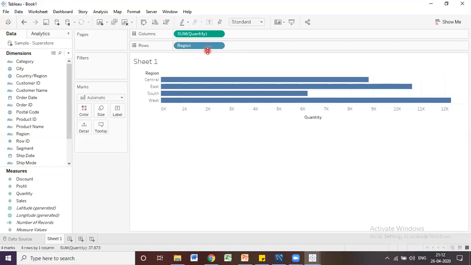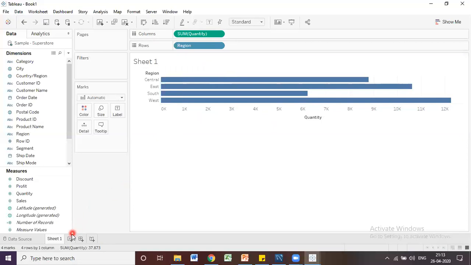Discrete field will generate the column headings, and the continuous field will generate the axis. So this is the axis which the quantity generated.